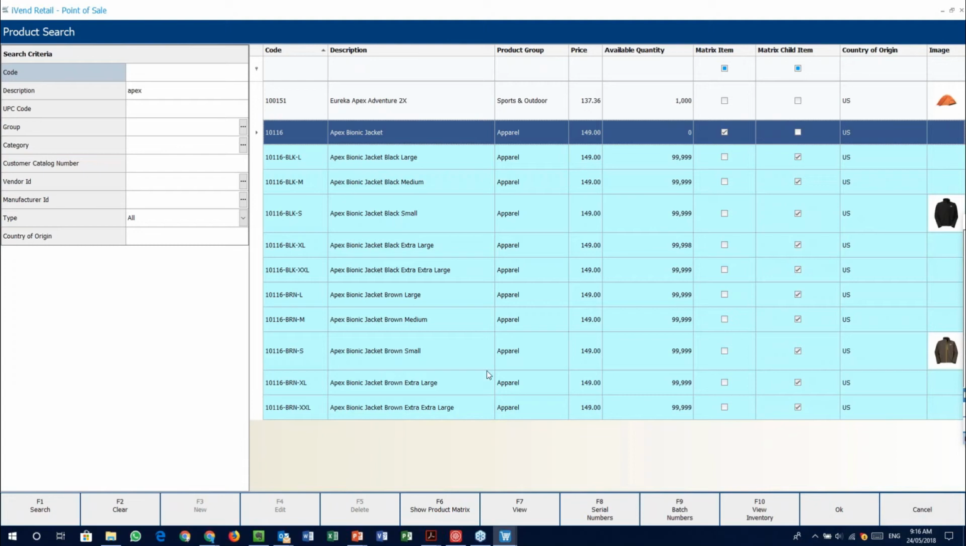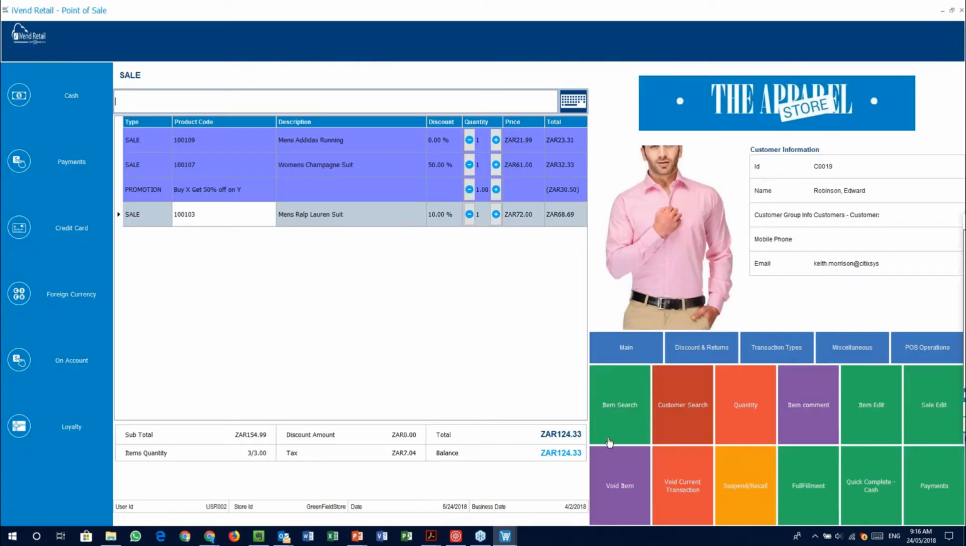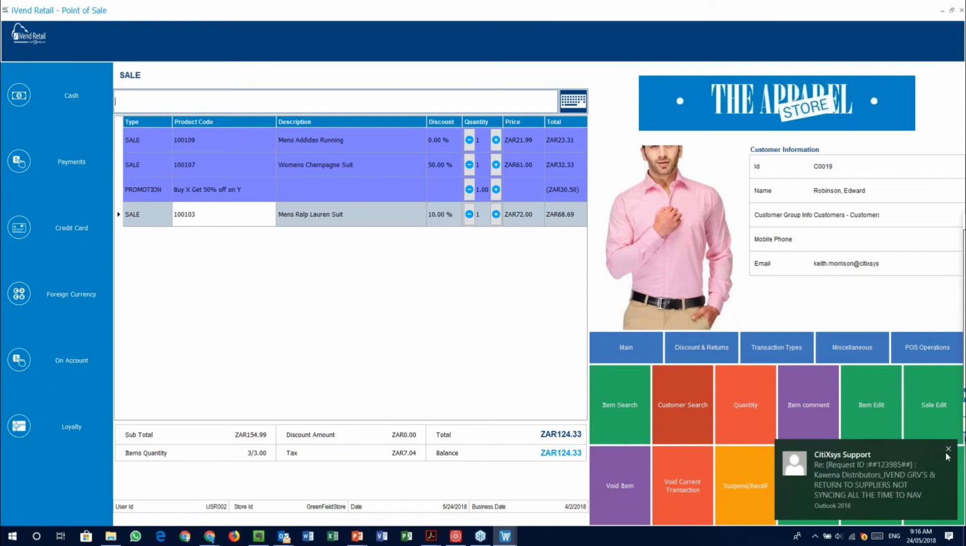Okay, so like I said, Apex Bionic Jacket is very important, and it is also an important item that you can bring up and show and demo. All right. Next thing is,